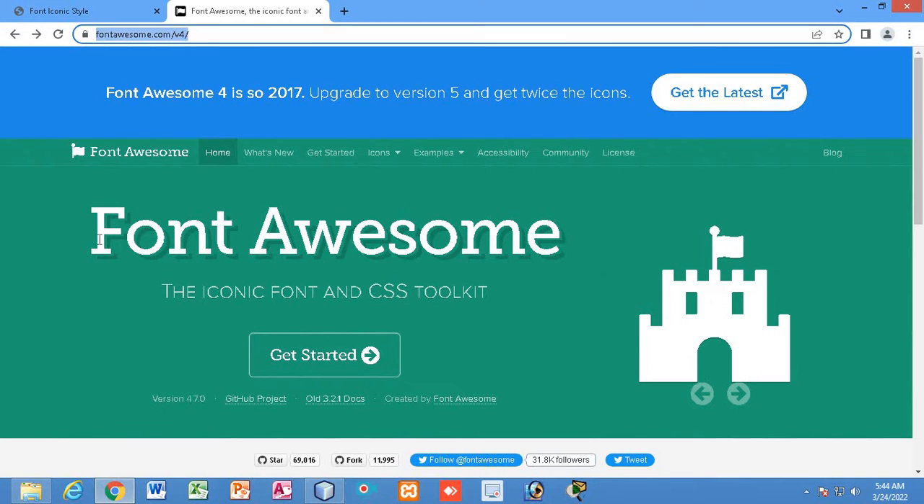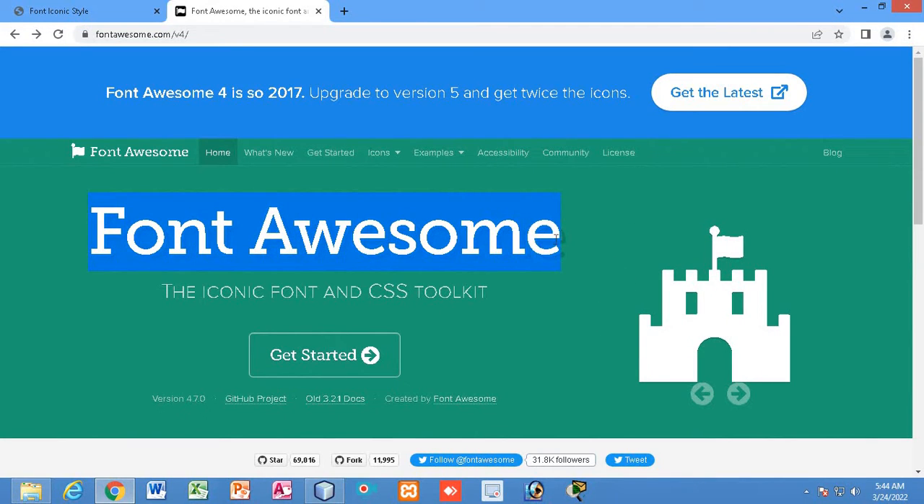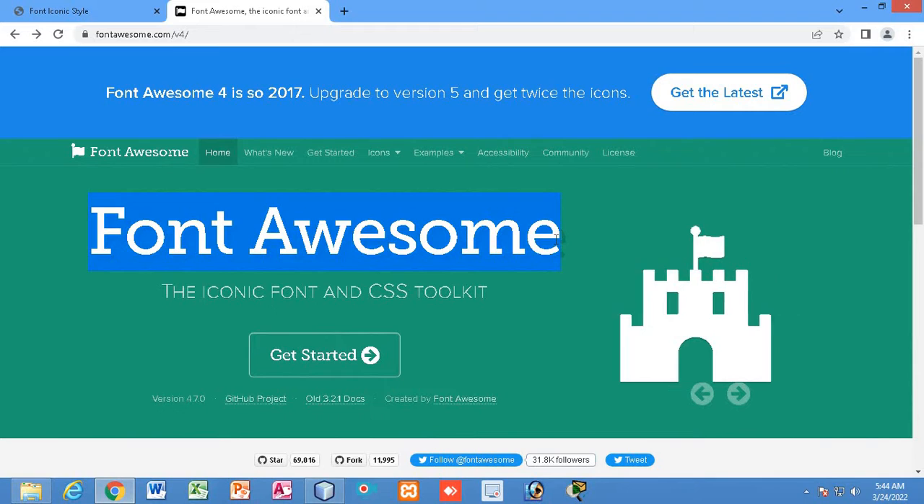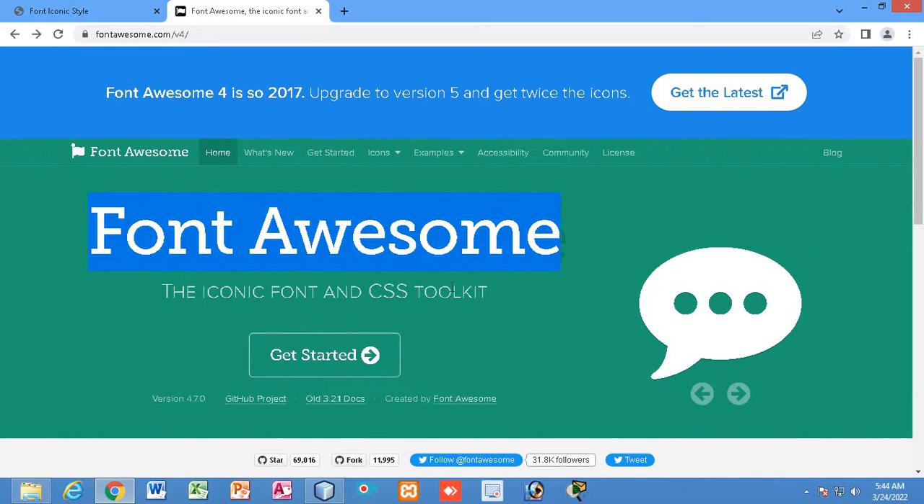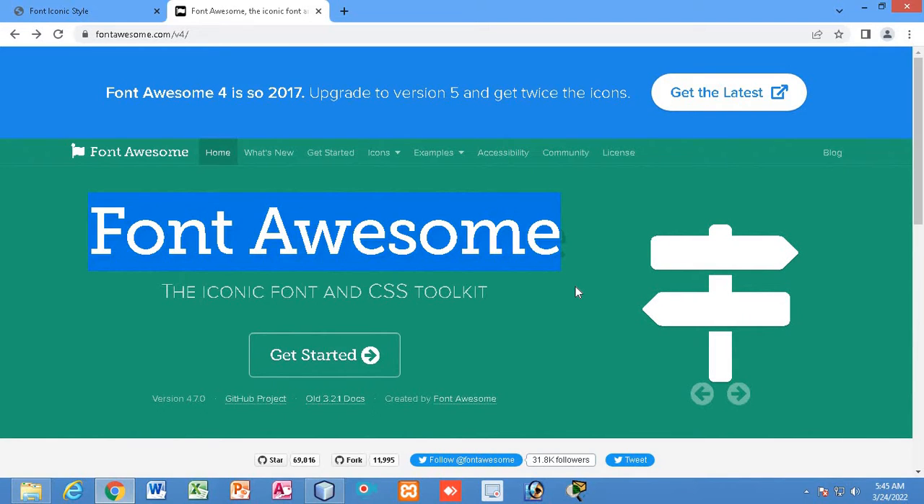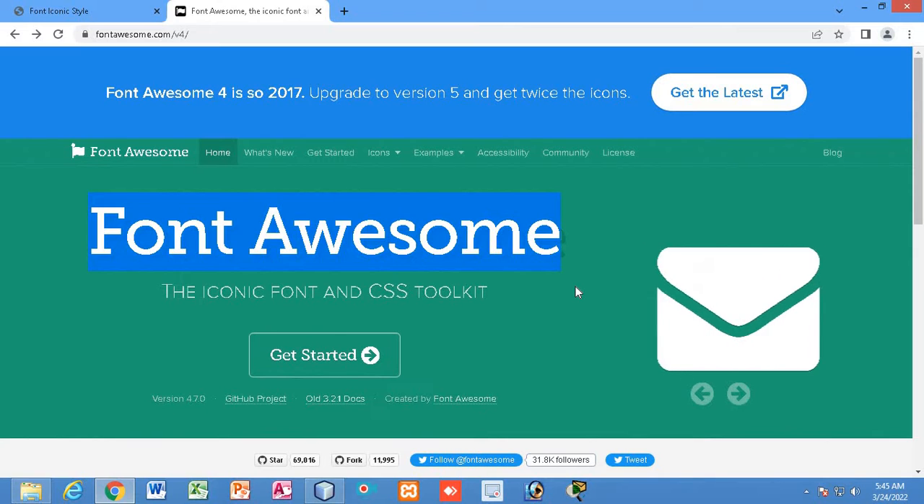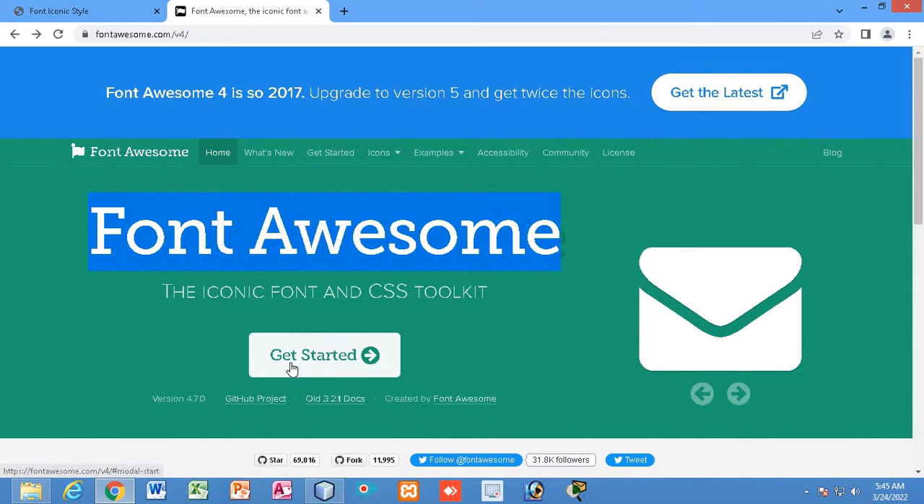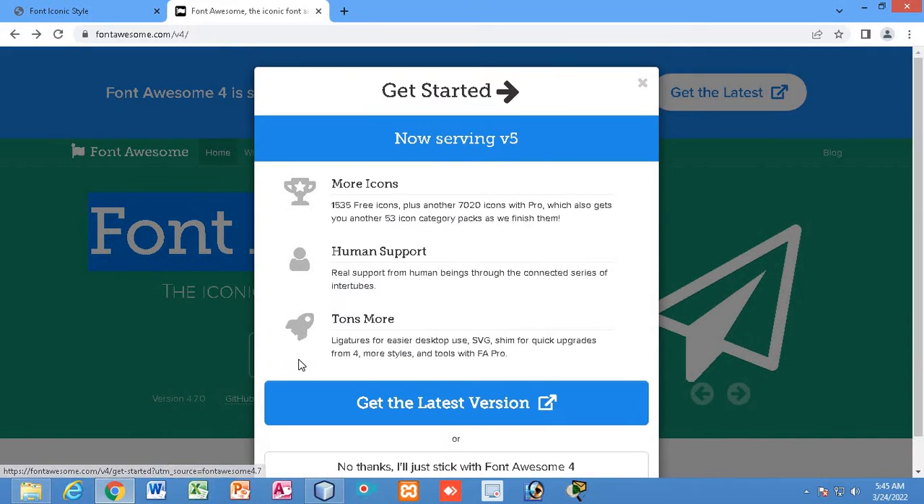And you can see it is written here Font Awesome, right? So the iconic font and CSS toolkit, this you can download from this website. This is an open source free tool, right? You can download it and add it in your web page, right? So I will just go and click here, Get Started, right? So they will show me that